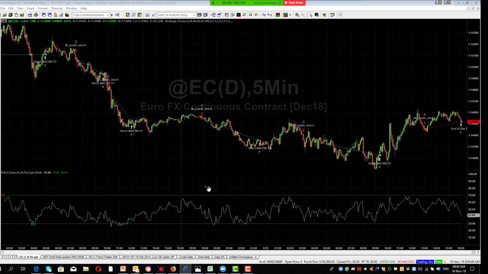So let's have a look at what we're going to chat about today. First up, we're going to have a look at what's happening in the markets. Obviously, there's a bit of selling pressure at the moment, and a lot of the markets are fairly negative. So we're going to have a look at what opportunities are setting up.